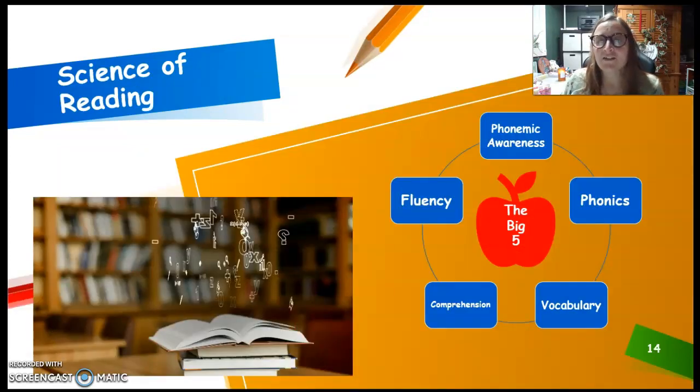The 5 block organization framework supports the science of reading, the Big Five, and they're scientifically proven to work. Outside of that, it is evident